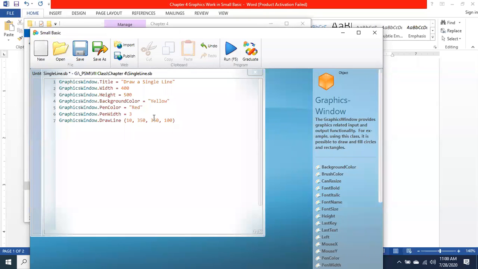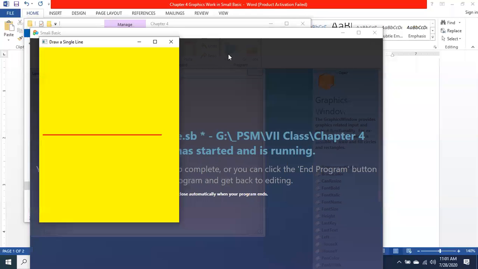So this is basically the method. If you want to draw a straight line, then the y-axis should be the same. For example, if I am writing 250 here, 250 should be here as well, in order to make a straight line. See now the output. Why is it a straight line? Because the y-axis should be the same.